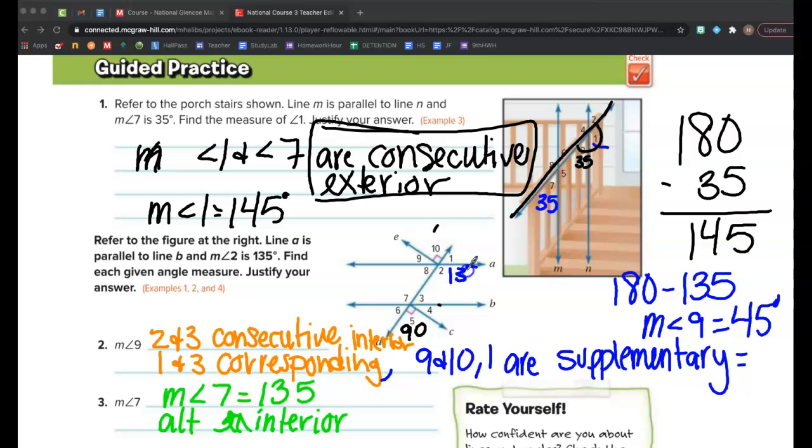Yes. Okay. And we know that this is 90. 1 and 2 make a straight line. So 180 minus 135 gives us 45. So I would have said angle 1 and angle 2 are supplementary. Then angles 9, 10, and 1 are also supplementary. And then I still would have gotten the answer to be 45. So there are a lot of different ways that you can figure that out. You just have to justify each step. Does that make sense? Sure. Okay. I am going to have you